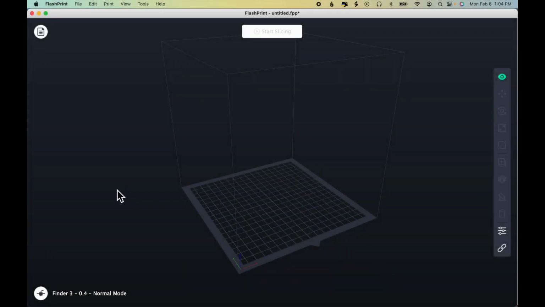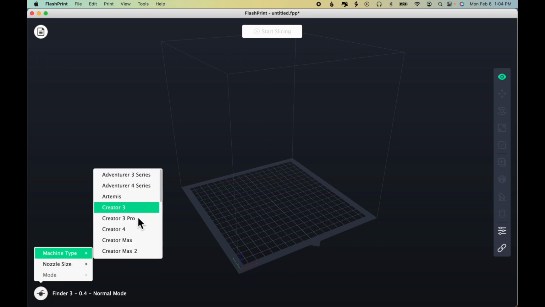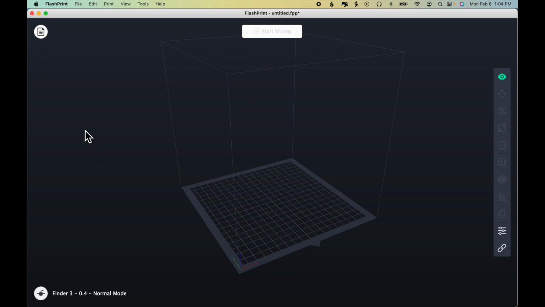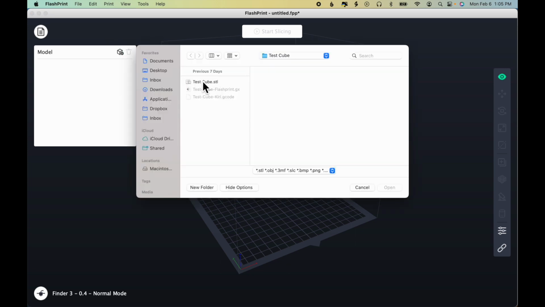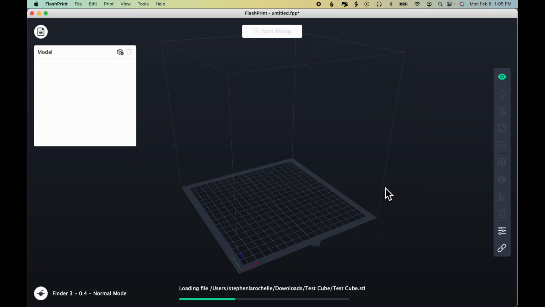Let's take a quick tour of the user interface for FlashPrint. I'm not going to go into great detail on any of these options, but just to give you an idea of what's available. We've already seen that in the lower left-hand corner, you can change the machine model and nozzle size. In the upper left-hand corner, if you click the model icon, you can add models to the build plate